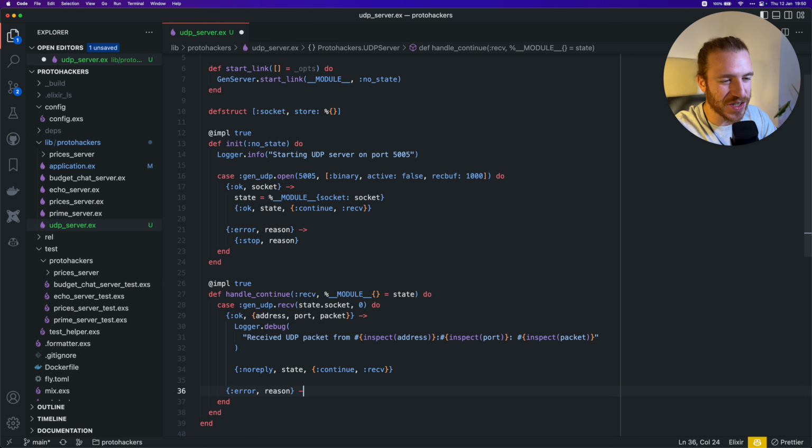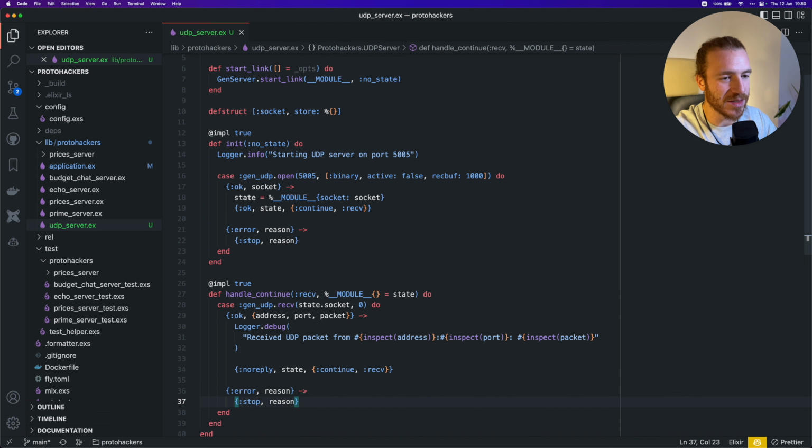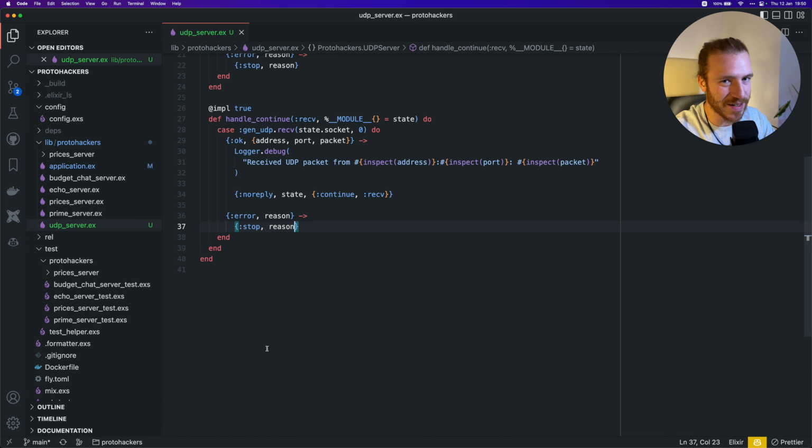we're going to kind of cheat here and go out of this really easily, which is we're going to stop the gen server with that same reason. The supervisor is going to restart it. So if there's an error, it's fine. It's going to restart it. It's going to listen to the same port. So it's kind of going to be up again. So we're just going to cheat here and not really handle this in any more elegant way.